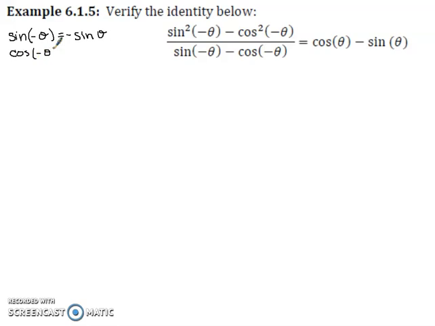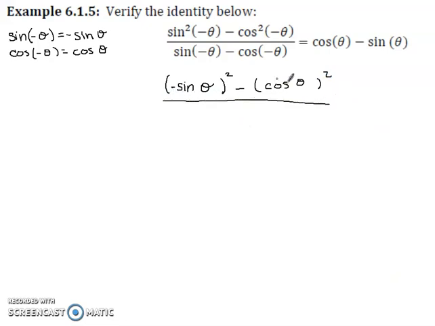Cosine of a negative theta is equal to just cosine of theta. So I can go ahead and simplify the top. I've got sine being squared, but if I have a negative angle, that makes my whole sine function negative. Cosine I'm squaring. If I input a negative theta, that doesn't change my cosine, so this simplifies to just cosine theta. In the denominator, sine of negative theta becomes negative sine of my angle theta, minus, inputting a negative for